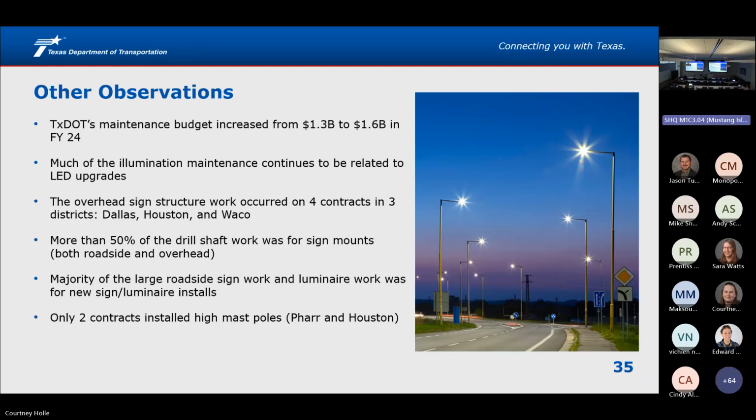All that to be said, well less than 1% of our overall statewide routine maintenance budget is in ancillary structures for traffic. Not a huge percentage of the cost, but my general observation is that probably a lot of that work is related to large roadside signs. I don't know specifically why the bid items are for new signs. Potentially they're getting requests where these are needed, and we just used a routine maintenance on-call contract to go out and install a sign that was needed. Surprisingly, I just didn't see a ton of data in our bid item data that reflected these were replacements for signs that were hit or knocked over from wind or something to that extent.